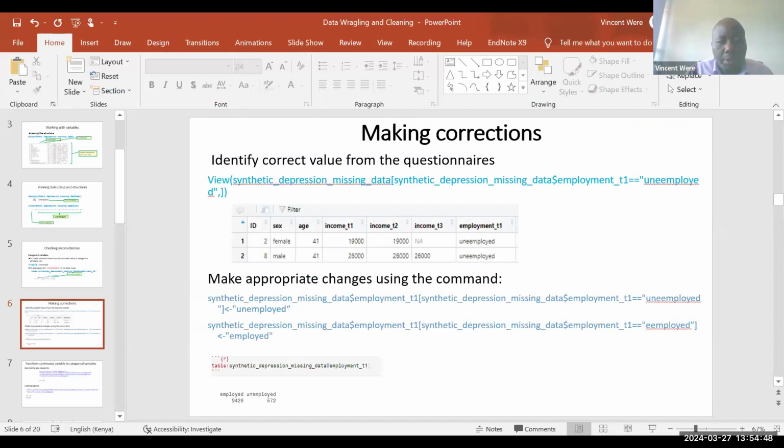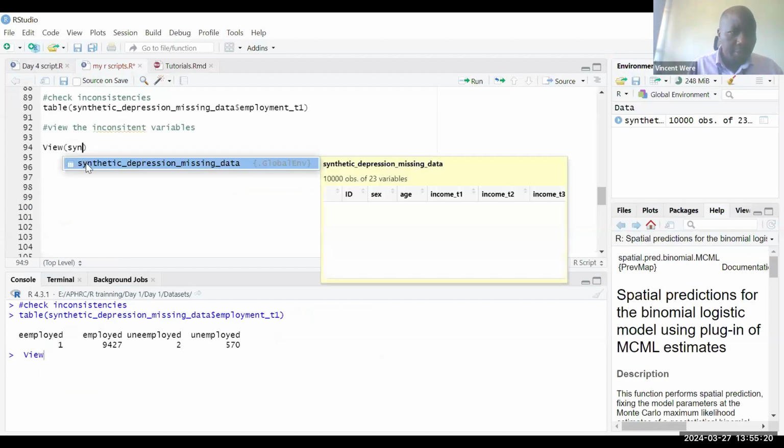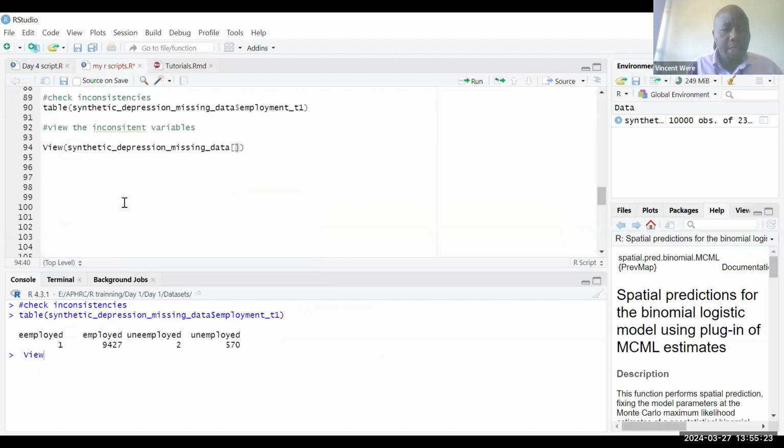So can we do that? So we are going to write here. If you are good enough, you can go ahead and write it. Let me also help you. So I have run my table and I've seen that, let's start with the employed. I will copy this. So view, view. So we are going to view synthetic data. Then I put a squared bracket and I put the condition. The condition is that the variable